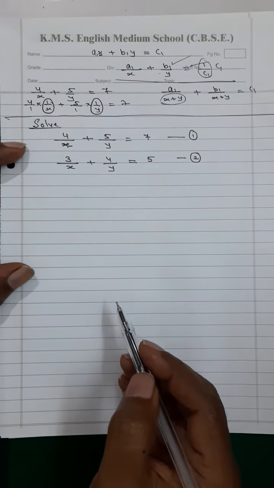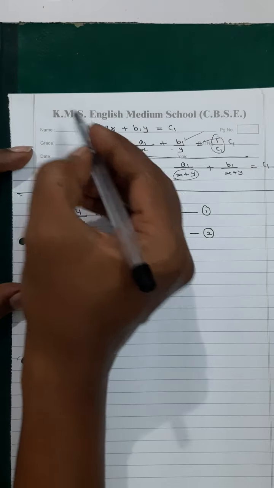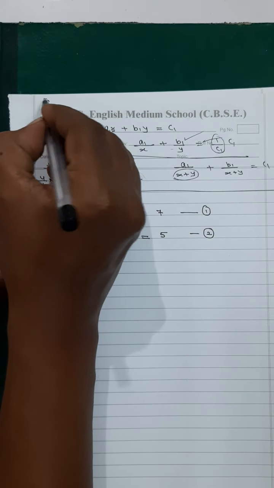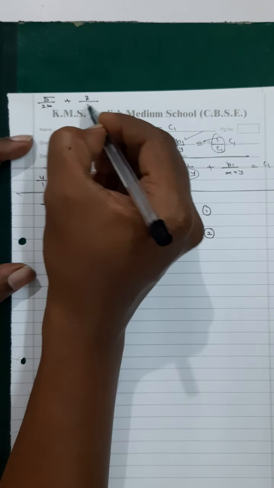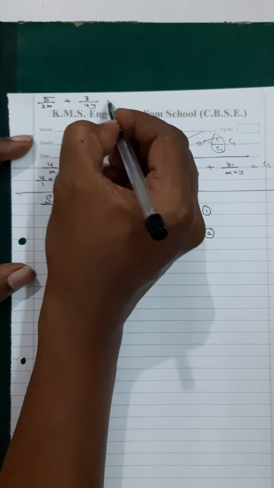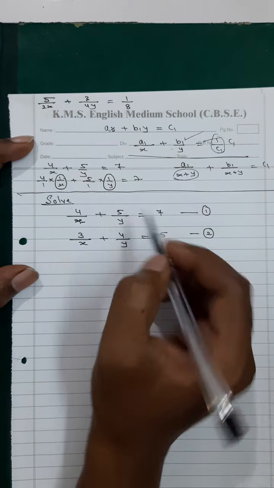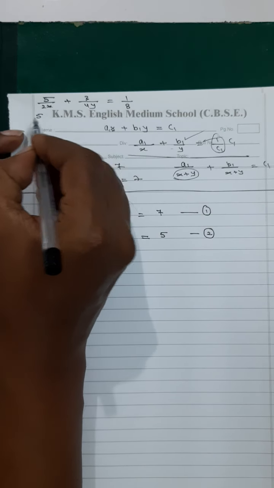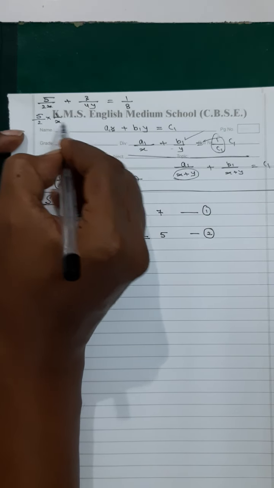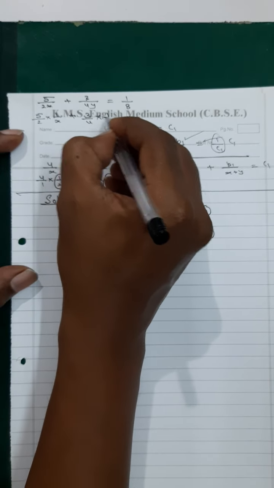Why do we have to consider this like this? Supposing sometimes in a question, they will give us the equation in the form of 5 upon 2x plus 3 upon 4y is equal to whatever this is. This is not going to make much difference. In this case, if I have to separate x, then what I will do? 5 upon 2 into 1 upon x plus 3 upon 4 into 1 upon y.